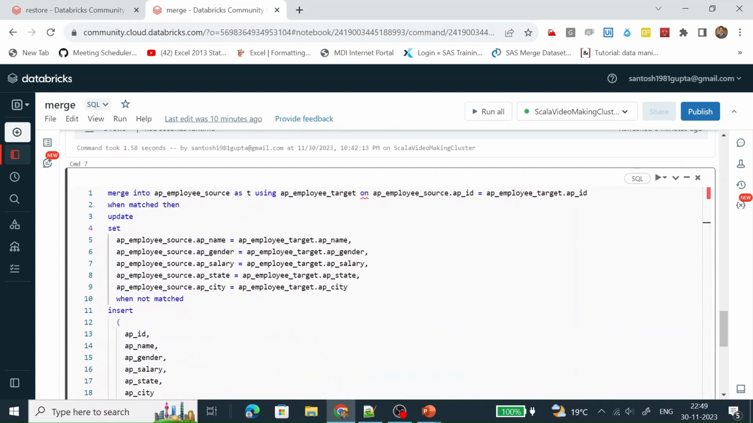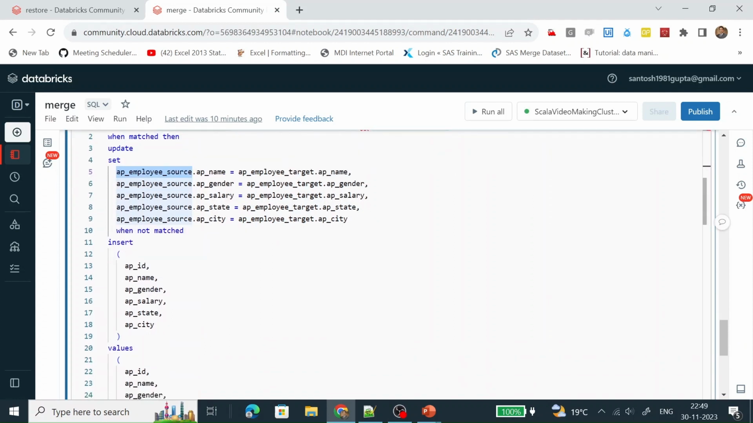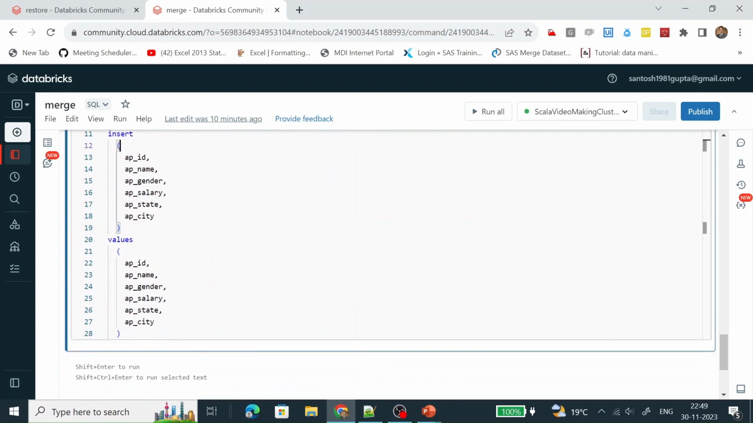So what I am doing is merging this table to this table on the basis of AP ID. If it matches, then it is going to update this source table, all the columns data, like AP name, AP gender, AP salary, all the columns data which is available in the target. Now it is going to update in this source table. When not matched, if it is not matching, then insert into this source table all the data which is present in the target table. So let's run this